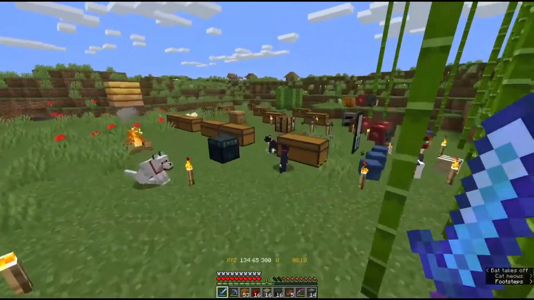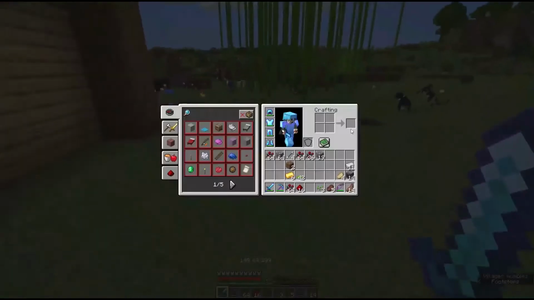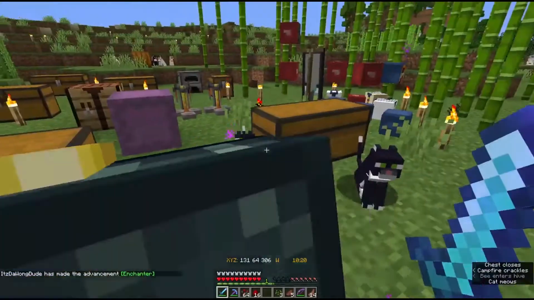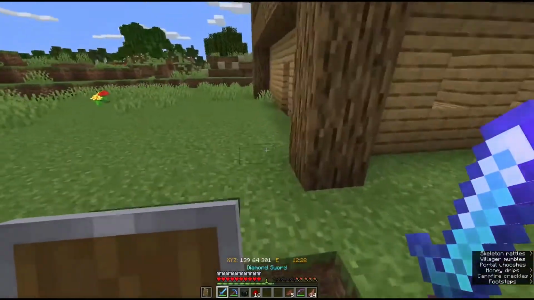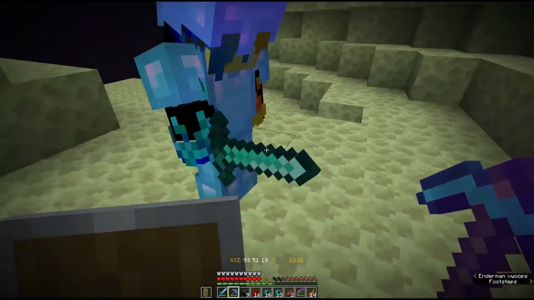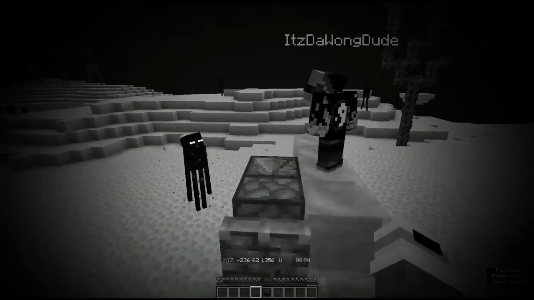I'm actually going to put everything in this shulker box because I am not risking losing that. I think I am actually ready. Got everything I need, so I think I am ready to go. Okay, so you ready, WongDude? Yes. Let's go. So as you can see, WongDude and I built a flying machine just outside the end city